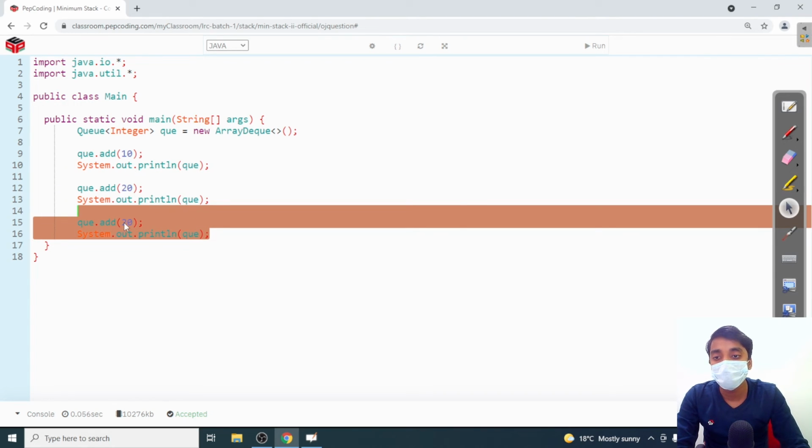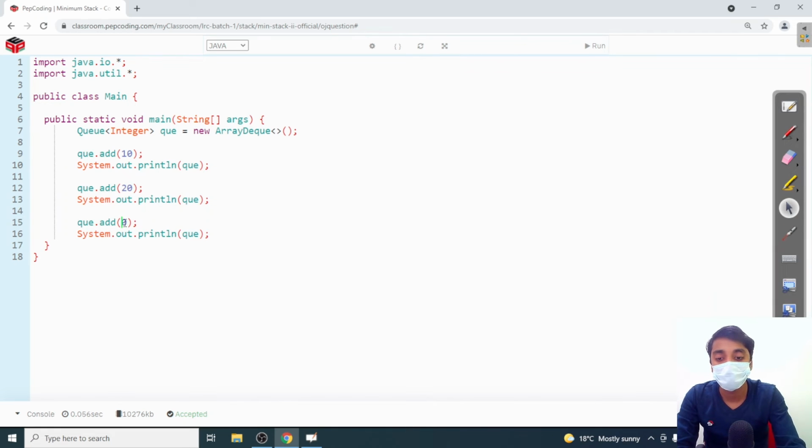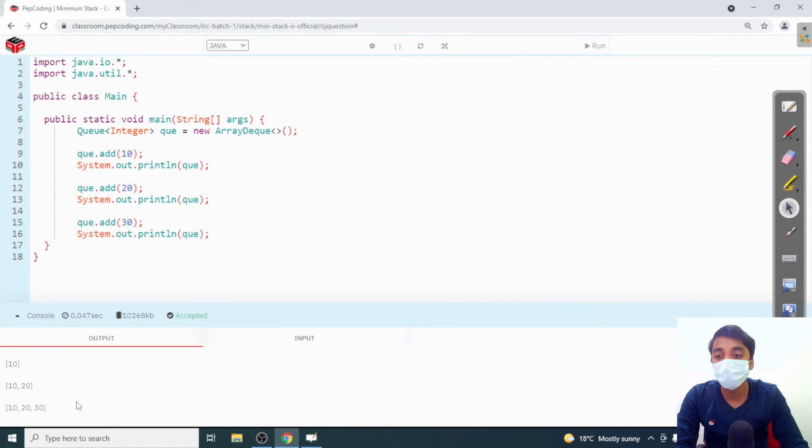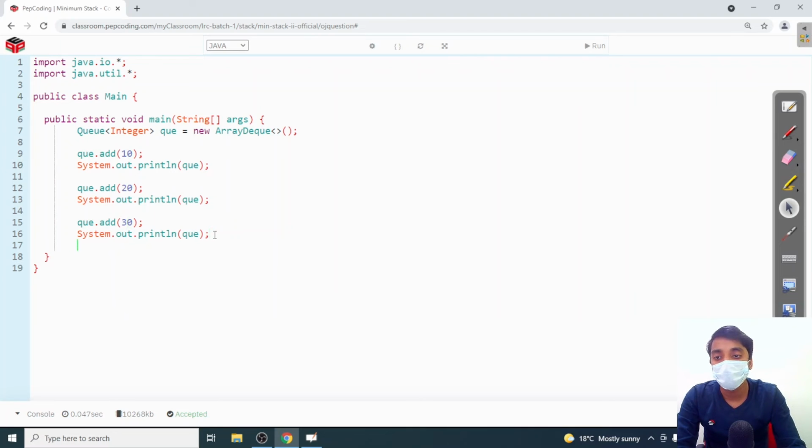Add again. Let us add 30. Now the value is added from the last of the queue. Let us remove a value from the queue. Now queue dot remove.